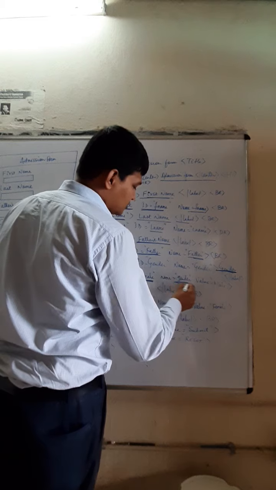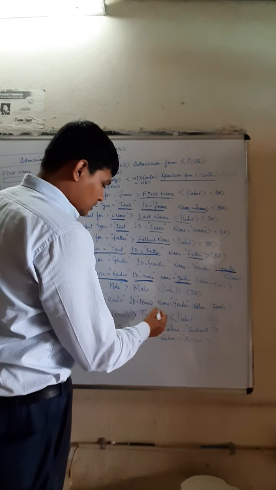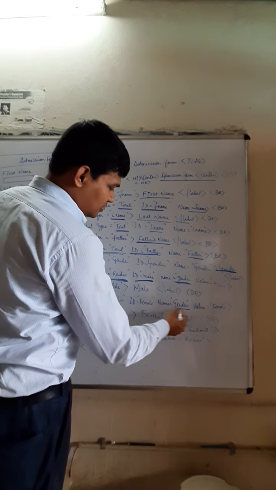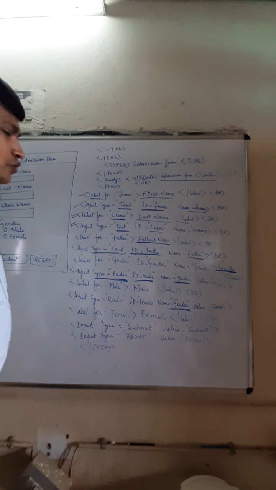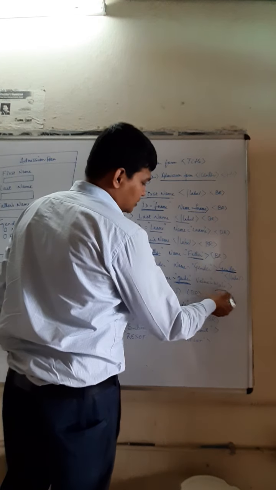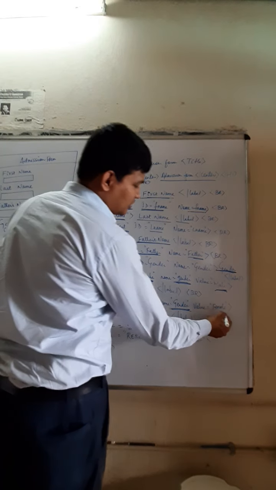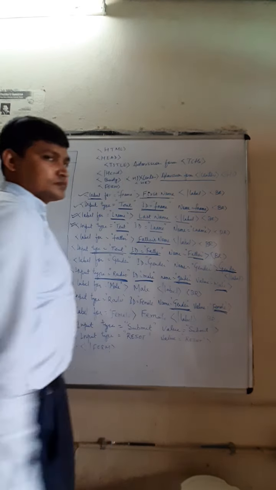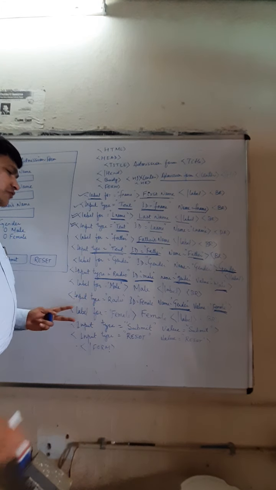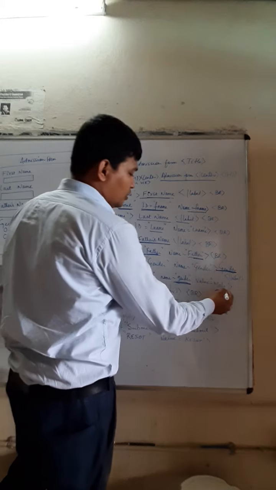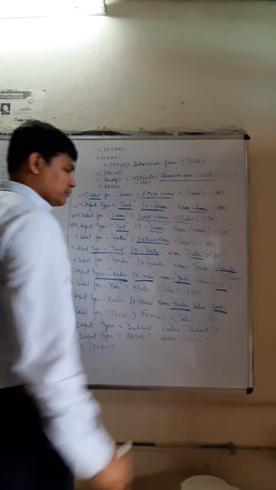There must be a common name for the male as well as the female. As you see, here I am defining the name for the female. The name of the option button is gender in both cases, and the values are different. In the case of male, the value will be male, and in the case of female, the value will be female. Those two radio buttons will display. The first radio button displays the value male, and the second radio button displays the value female.